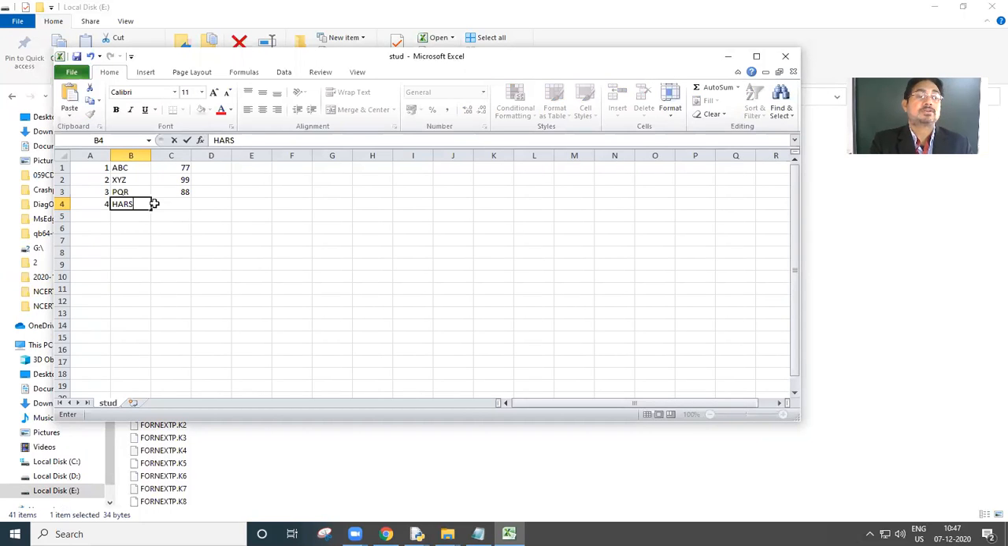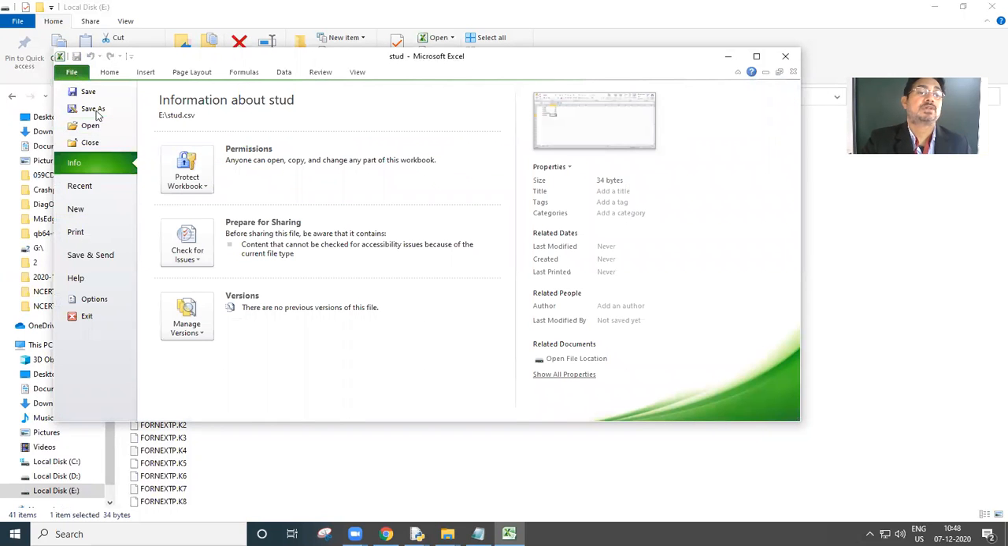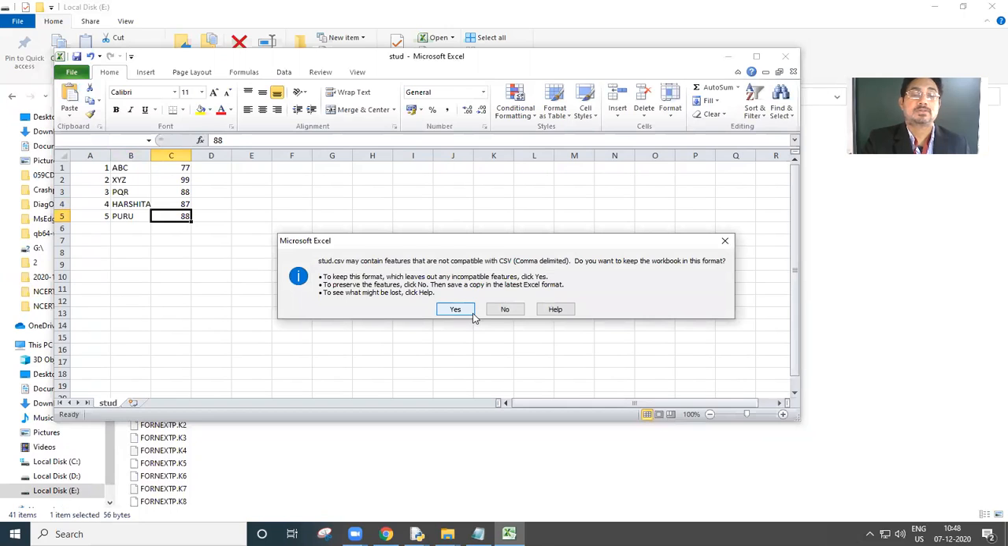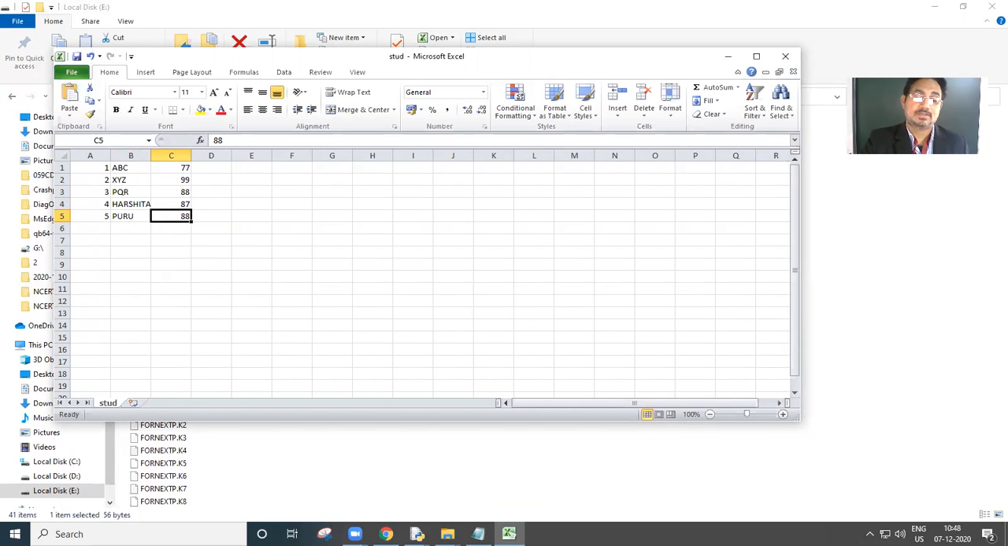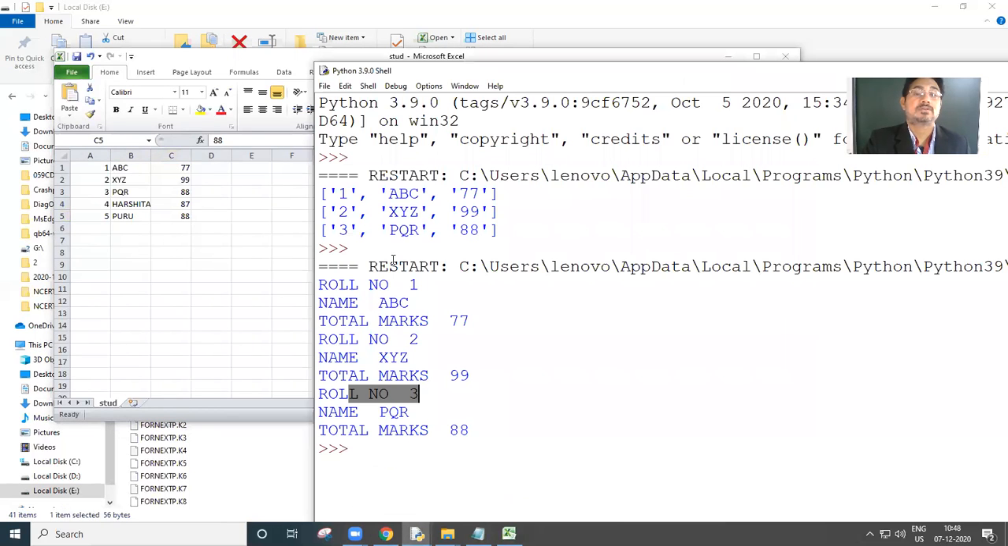हर्षिता 87. Then I write 5. चलो प्रू बोला था, प्रू लिख दूं और 88 कर दूं. एंड सेव, मस्ट सेव करना मत भूलना. सीधे में कंफ्यूजन होंगे, यस कर दो, कोई दिक्कत नहीं. कम टू द पाइथन प्रोग्रामिंग. ओके,